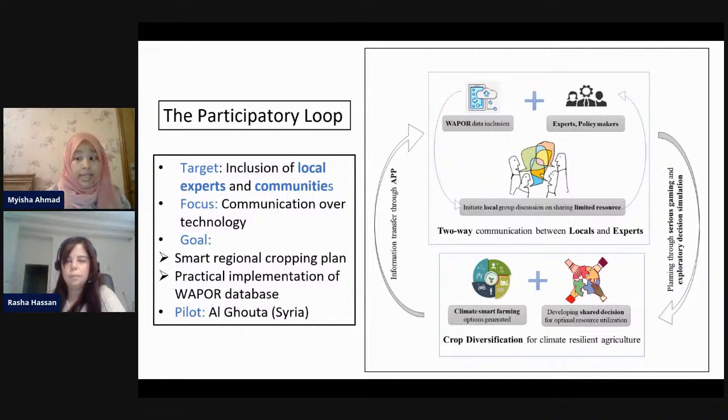This will delineate a scheme for distributing the limited water resource through a modified cropping plan. That's where the drop diversification, the crop diversification, comes in. So the reinforcing tools that we plan to use in order to maintain this flow of information within the loop are